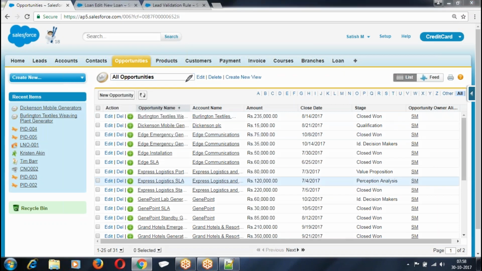What are you finding? It's all a list. How are you getting this? The list view is coming because of the option you selected. Whatever option you selected, based on that option you are getting this list of records.